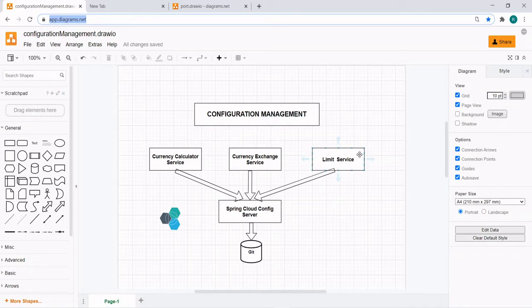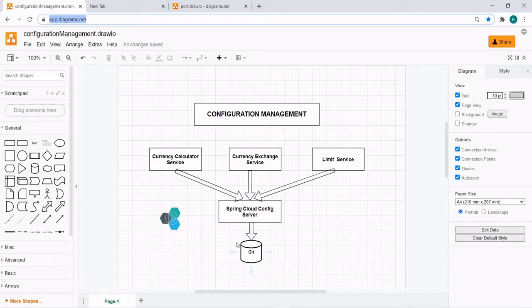This limit service is reading the configuration file from the application.properties, but our main goal is to read the limit service configuration file from the Spring Cloud config server. Currently we have not connected this. So we first have to create the Spring Cloud config server microservice, and thereafter we'll install local Git.